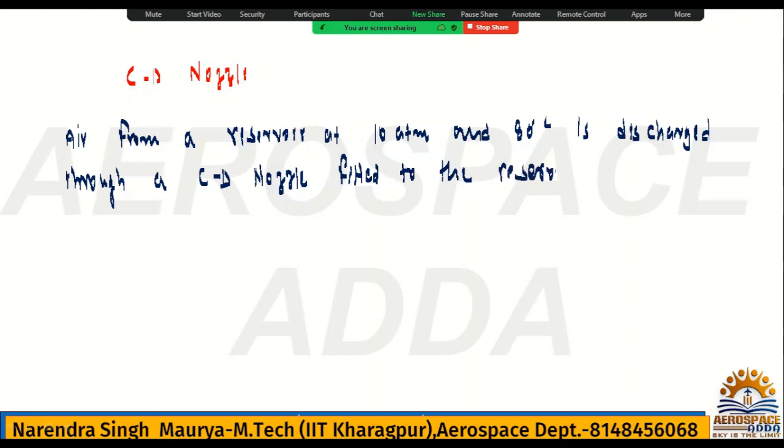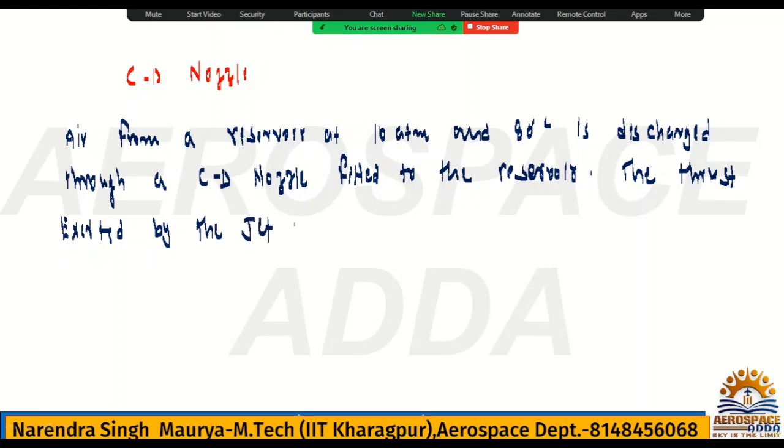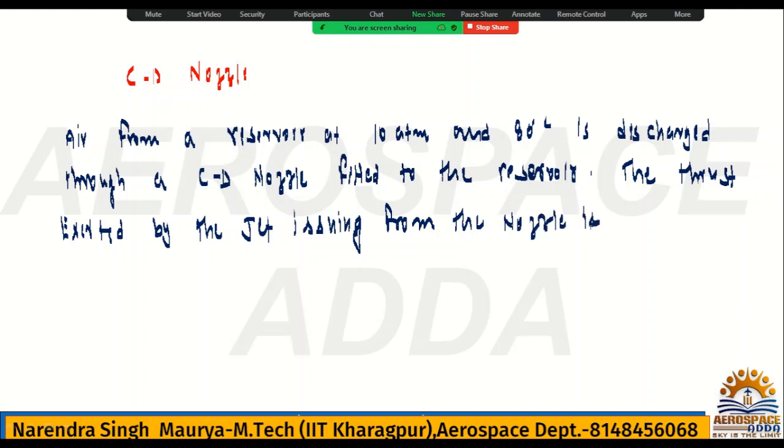The thrust exerted by the jet issuing from the nozzle